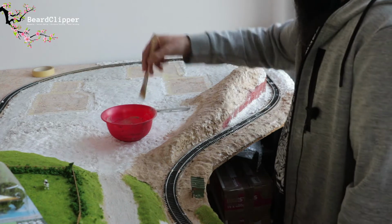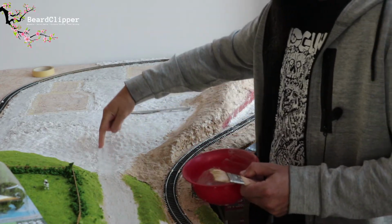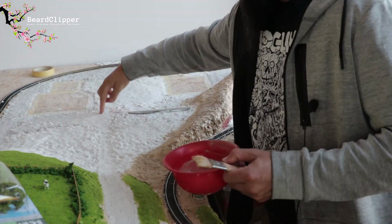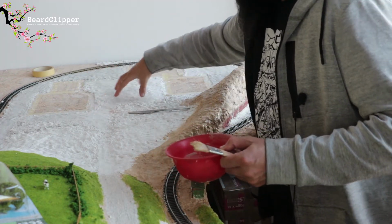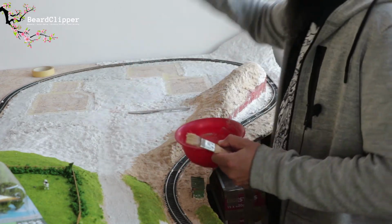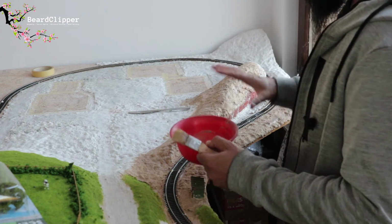the roads and the parking lot, which is actually going to take up quite a bit of space. So it's going to come in here, go down there, and then this here is going to be the village square. So it's going to be all of that. So there's going to be quite a lot of that, but this is all going to be done with grass. So I'm going to paint the rest of this mix